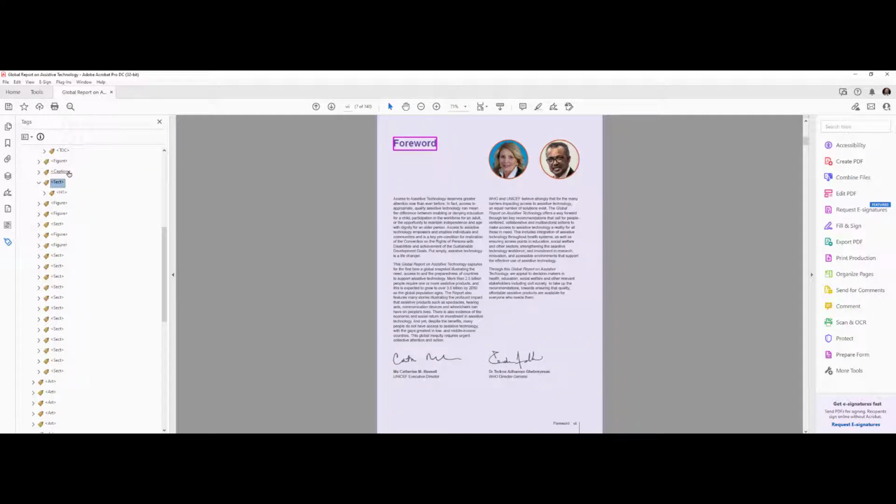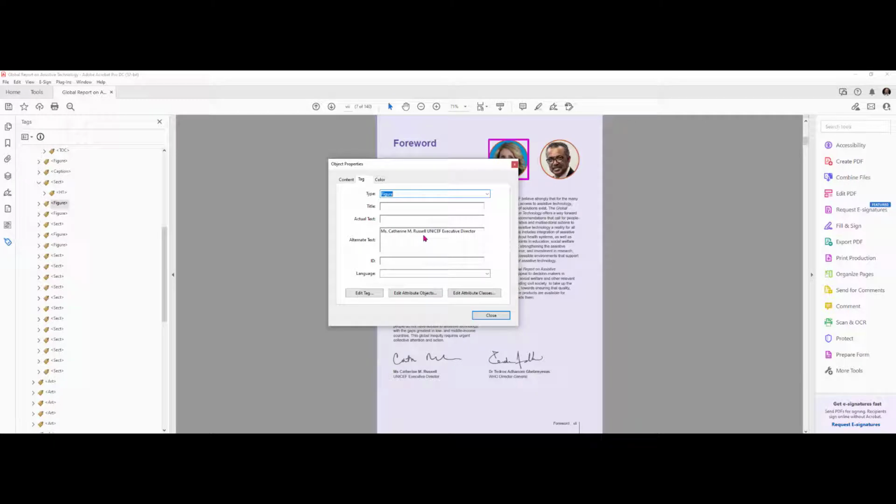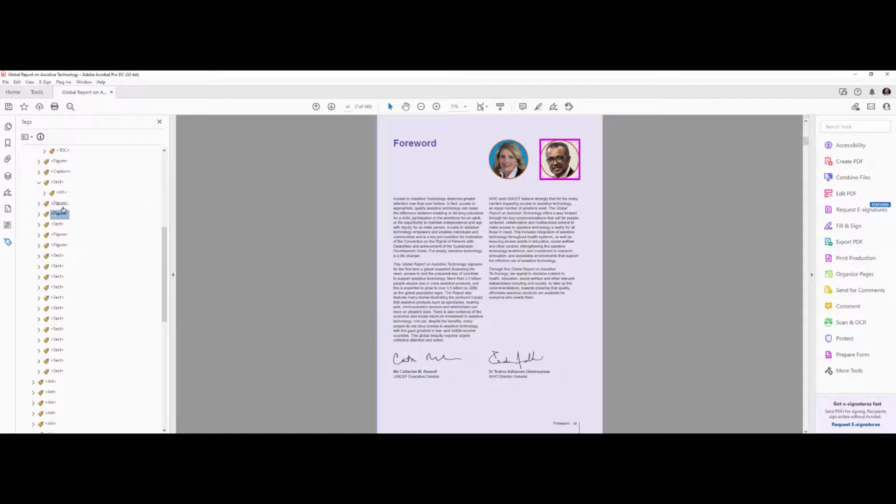And now we have our foreword. Here's our H1, figure 1 and figure 2. Let's look at the alt text there, Miss Catherine and Mr. Tedros. So both of those are what we would expect. We're going to go ahead and move those up underneath here